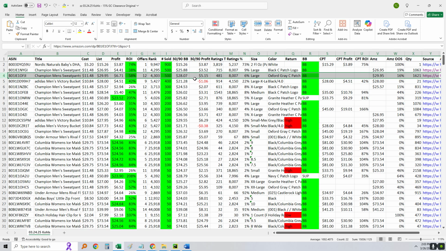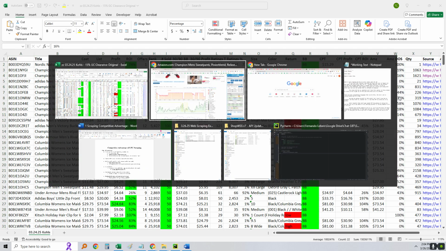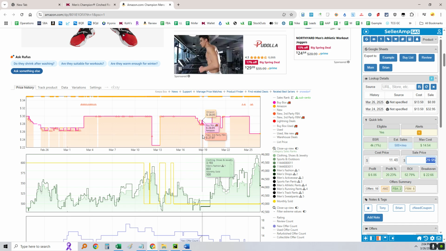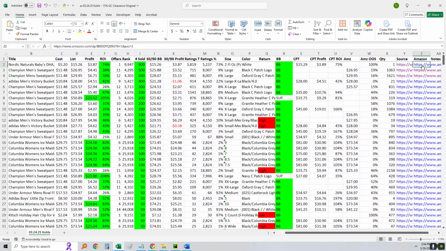For me, I generally don't like Amazon, so that's why I have this data point here that'll tell me Amazon's historical out-of-stock rate on a 90-day period. In this case, they're only out of stock, it looks like, 16% of the time, and I'm seeing that reflected here in the graphs. So if I want to be sneaky, I want them to be out of stock 100% of the time. So something like this,